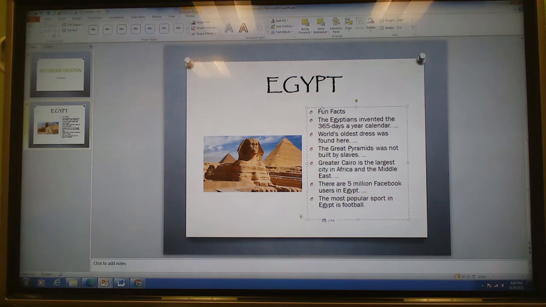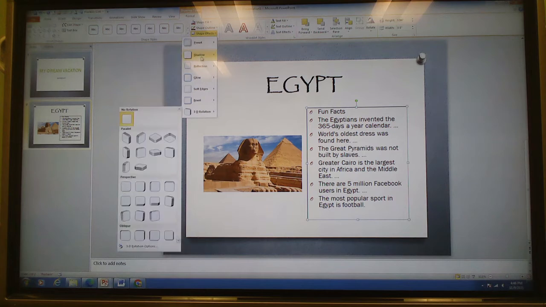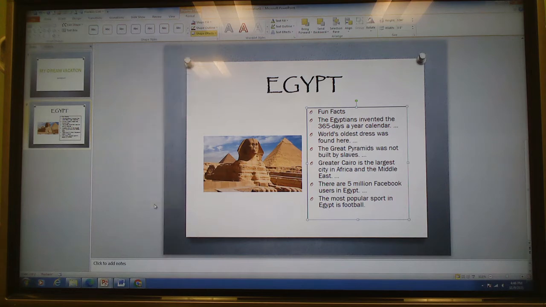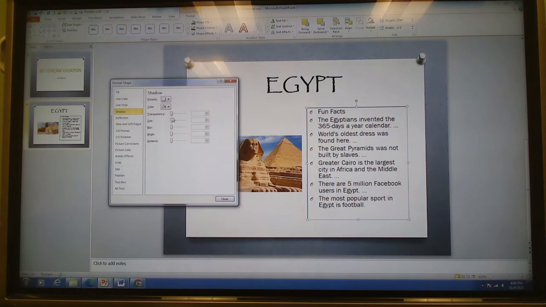But maybe I want to put a border around this. So I'm going to add a border to the text box. I can say shape outline and put it with black, or maybe shape effects. I can put a shadow in there. Let's do a shadow. When I go to shadow options, I can make it a little deeper. If you can see this, I'm taking the shadow and making the size of it